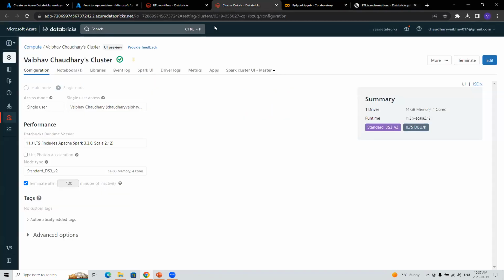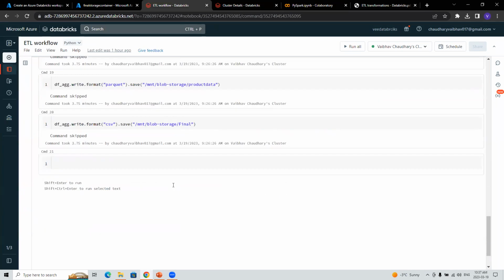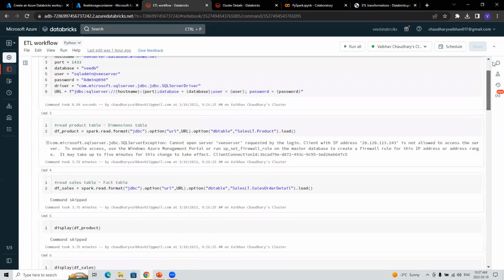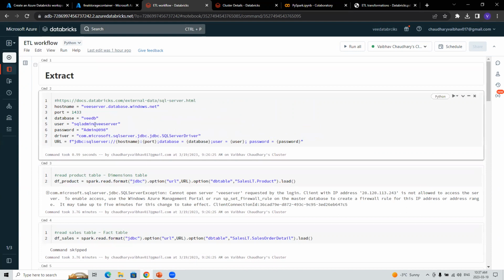So since we are using ADLS, we are doing a mount, right? Exactly. And let's say we want to load this to another SQL database. We can use the JDBC drivers again, right? Just change the table name here, and just to load it, create. Exactly. So this is the table name here. The database name is here, and we can just change it and move it.